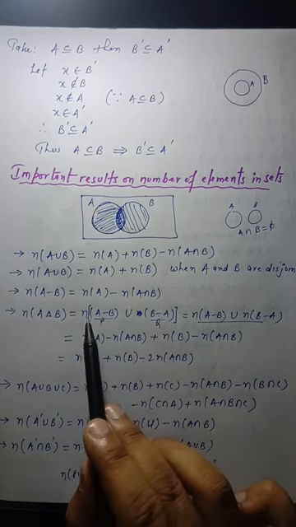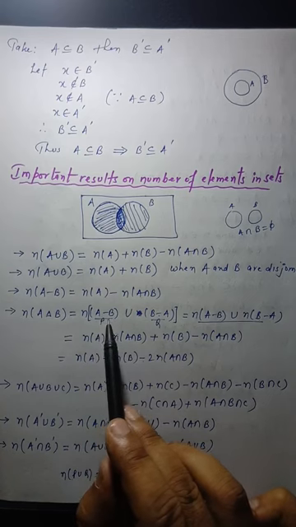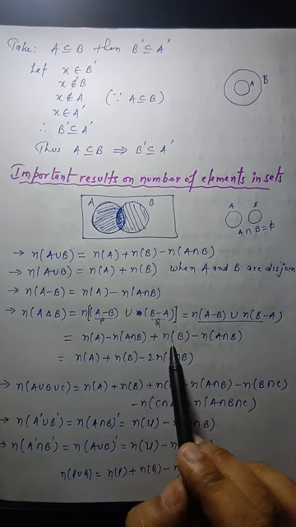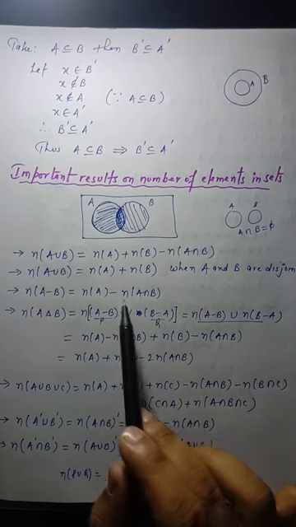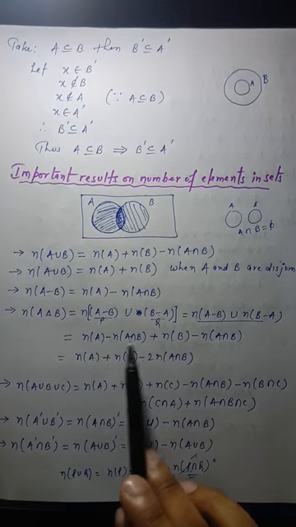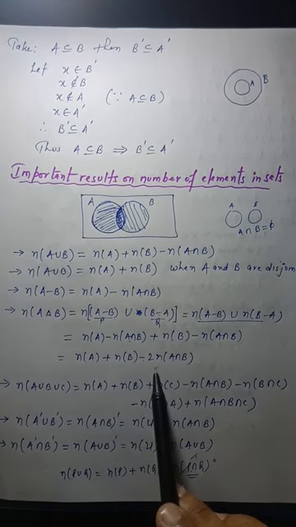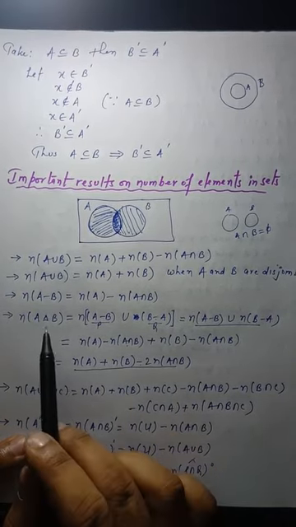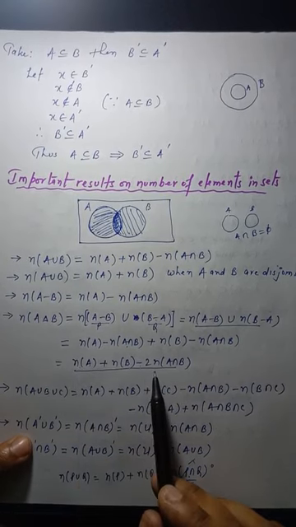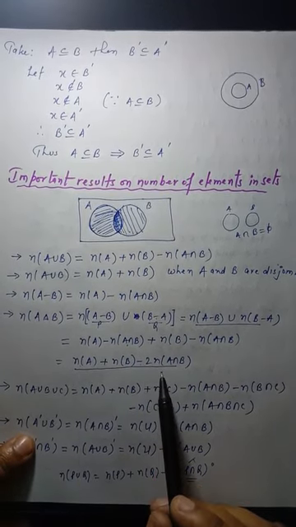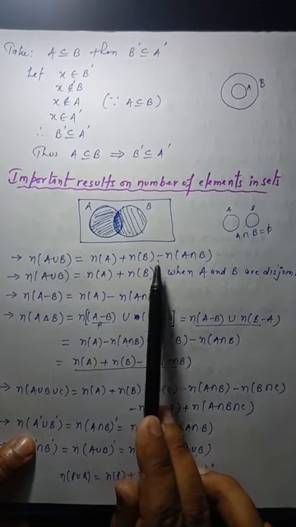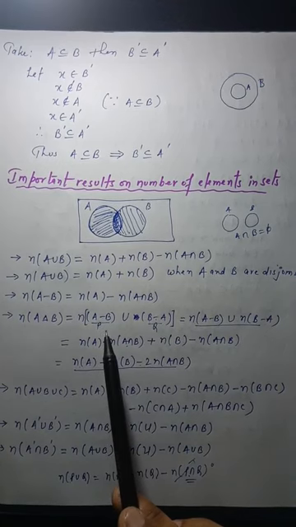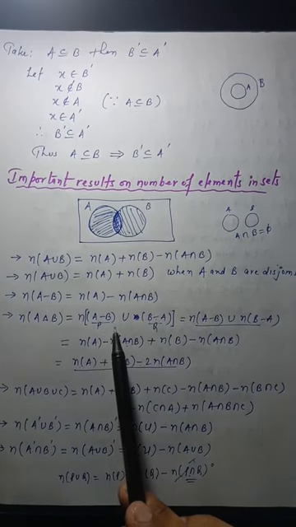So what is n of P? Means n of A minus B. N of A minus B means n of A minus intersection part. Similarly, n of B minus A means n of B minus intersection part. And you can see this is n of A plus n of B minus 2 times their intersection. So this is the final formula. Number of elements in A delta B will be n of A plus n of B minus 2 times intersection, whereas in this formula it is n of A plus n of B minus n of A intersection B. I hope it is clear, or if it is not, let me take another one.